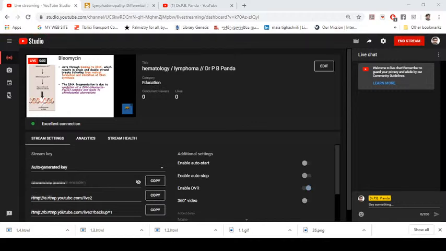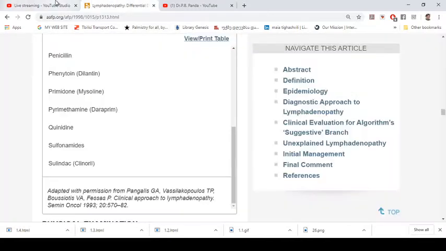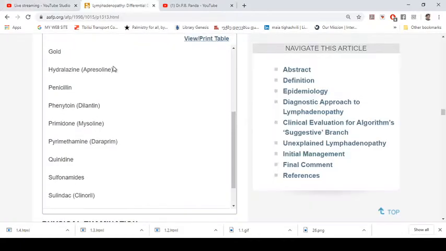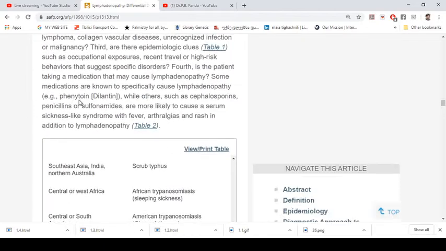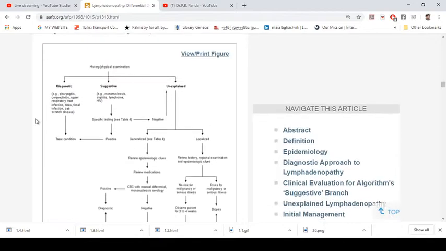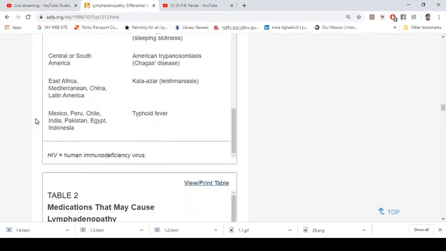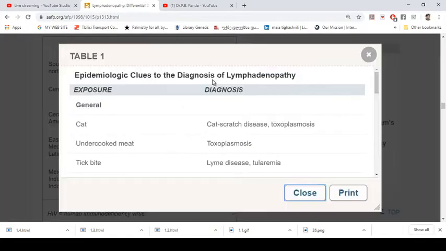Hello guys, so today we'll talk about lymphoma. In this, first we have to know what the differential diagnosis is and all. So guys, I want to show you first of all the other diseases which can cause this